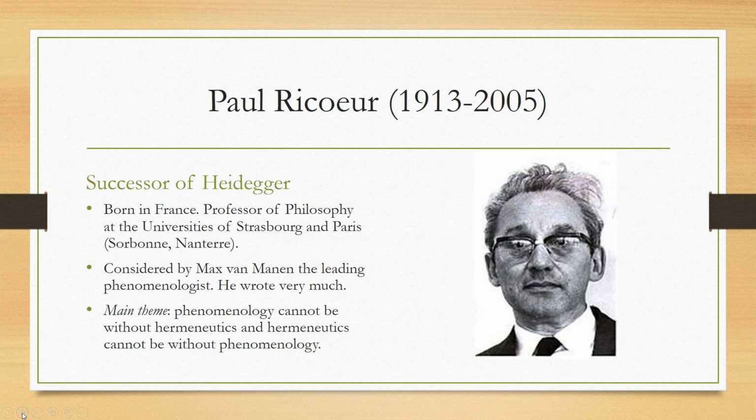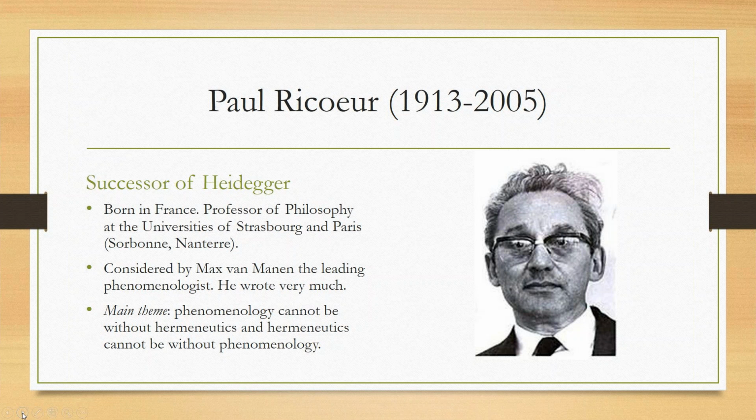And then it's Paul Ricoeur. He was born in France, a professor of philosophy at the Universities of Strasbourg and Paris, Sorbonne and Nanterre. He is considered by Max van Manen the leading phenomenologist. He wrote very much. And the main theme